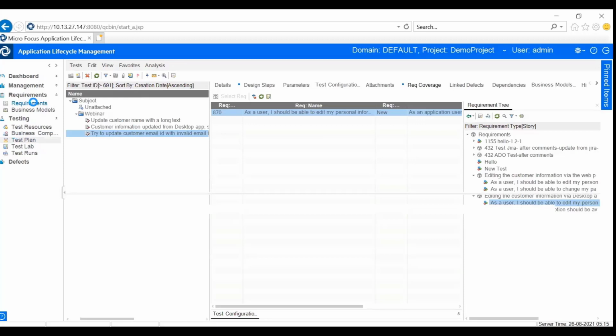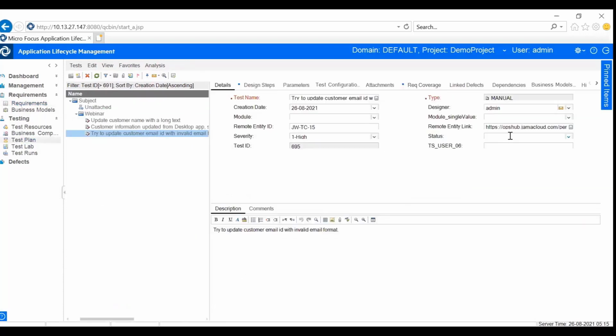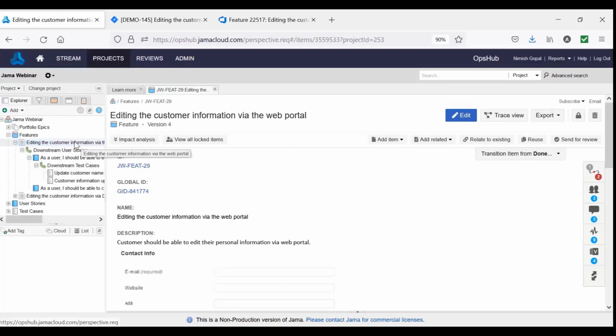Now the QA team will see that all the user stories are completed. They would go and execute the test plan. And for demo purposes, we will set the status to passed for all the test cases. Now, if you go back to Jama, here the requirements team will have complete visibility into updated development status and updated